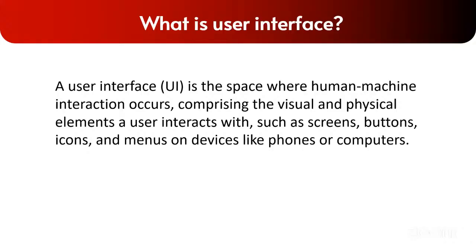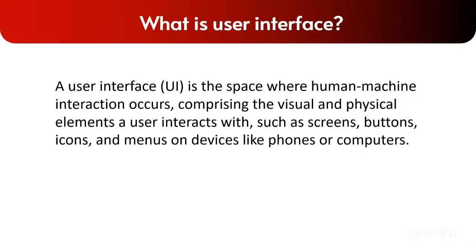User interface is simply, now it can also be referred to as UI, all right? UI, user interface, is the space where human as well as machine interact. This comprises the visual and the physical elements a user interacts with, such as screens, buttons, icons, menus on devices like your phone, your computer, and any kind of digital device at all that you use. This is what